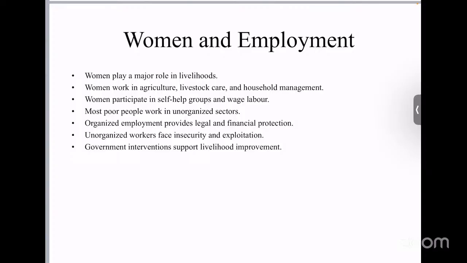In the next class, let's look into Unit 4, which is poverty and marginalization. Then we have Unit 5, vulnerability and gender, Unit 6, livelihoods framework, and Unit 7, livelihoods assessment tools. Today we have discussed three units, and in the next class, let's discuss the remaining four units and finish this rural livelihoods management.